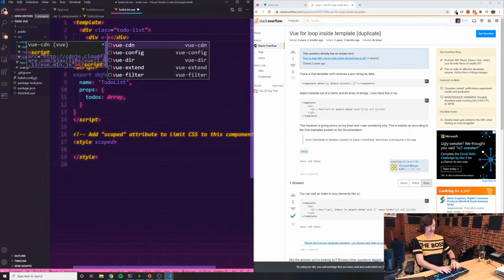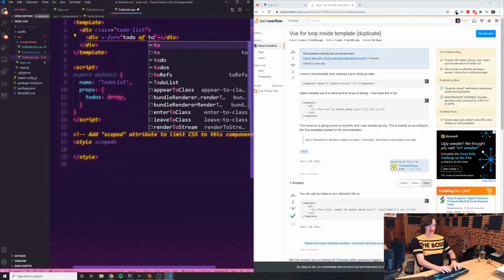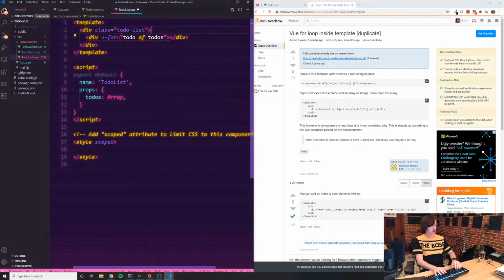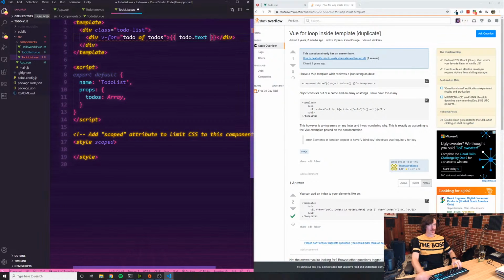Let's say v-for, right? v-for equals, and this is where it's kind of similar to Angular. But anyway, to-do of to-dos, and then we can probably do to-do.text. But it's not liking the syntax. You have to do